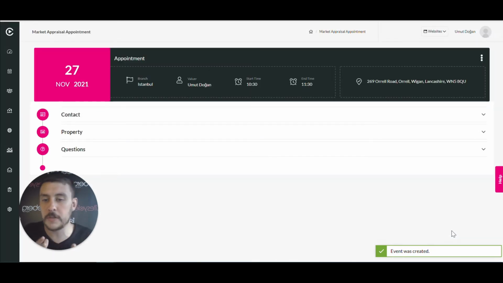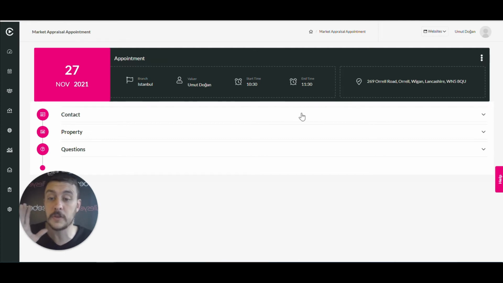Now, once the appointment has been created, we're going to see the date and the time, the branch, the valuer, the start time, the end time. All of these details can be edited, like I said before. The only thing that cannot be changed is whether it's a sales or a lettings valuation. So in order to edit, if you need to make any changes, we need to go to these three